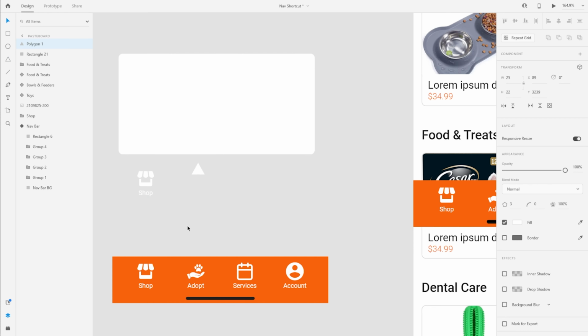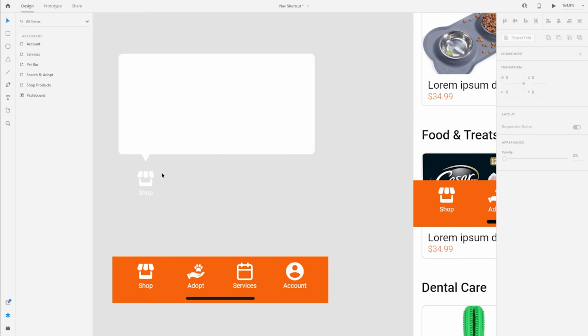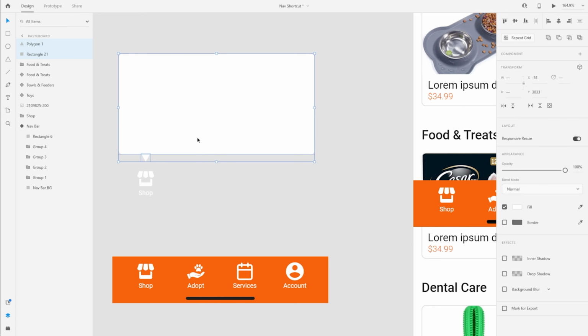Again, removing the border from this one and then flipping it upside down, I will just align this over here so it looks like a chat bubble. But I'm not going to leave it there. With both of these shapes selected, I am actually going to create a union. If you see on the properties inspector, you have these Boolean operators. I'm going to select the first one, which is the add, which essentially combines both the shapes into one single